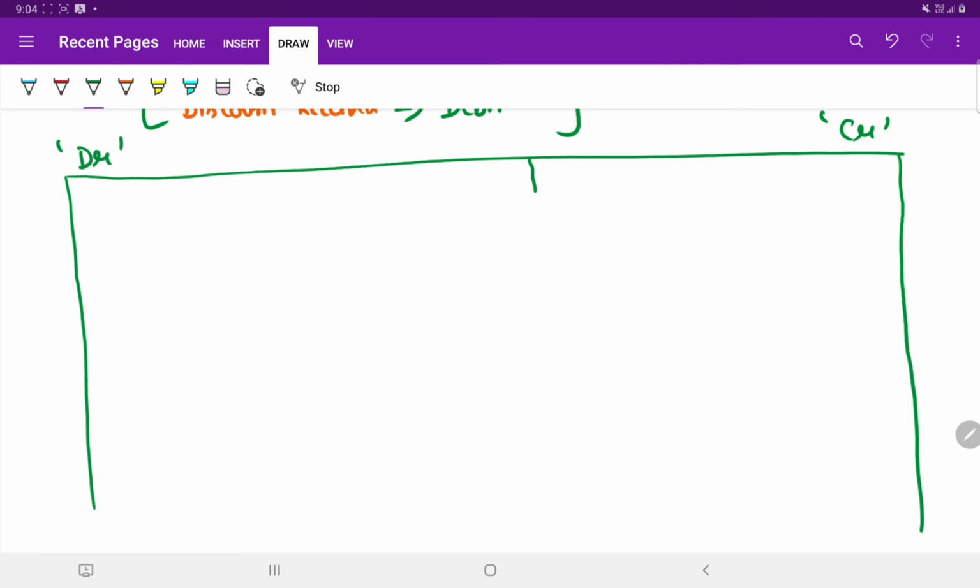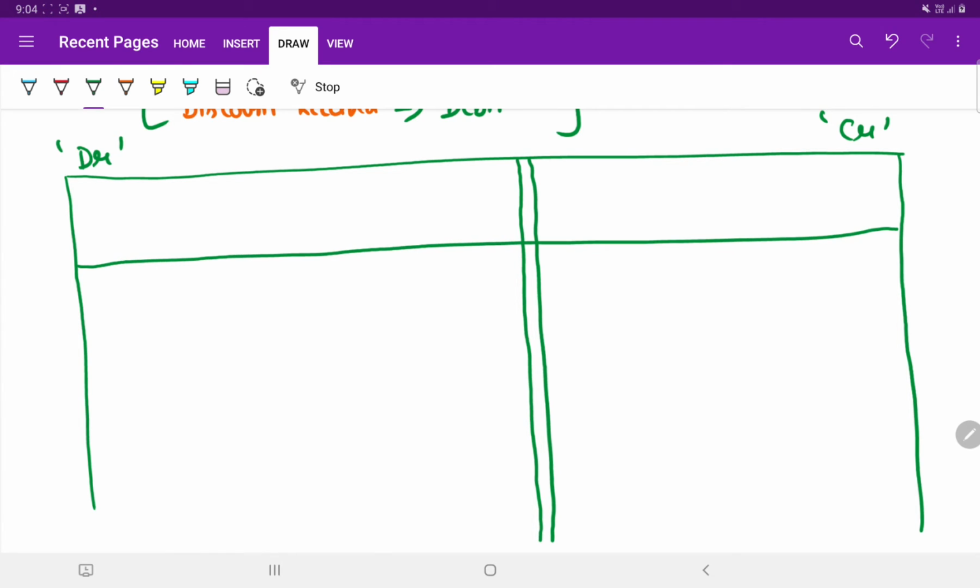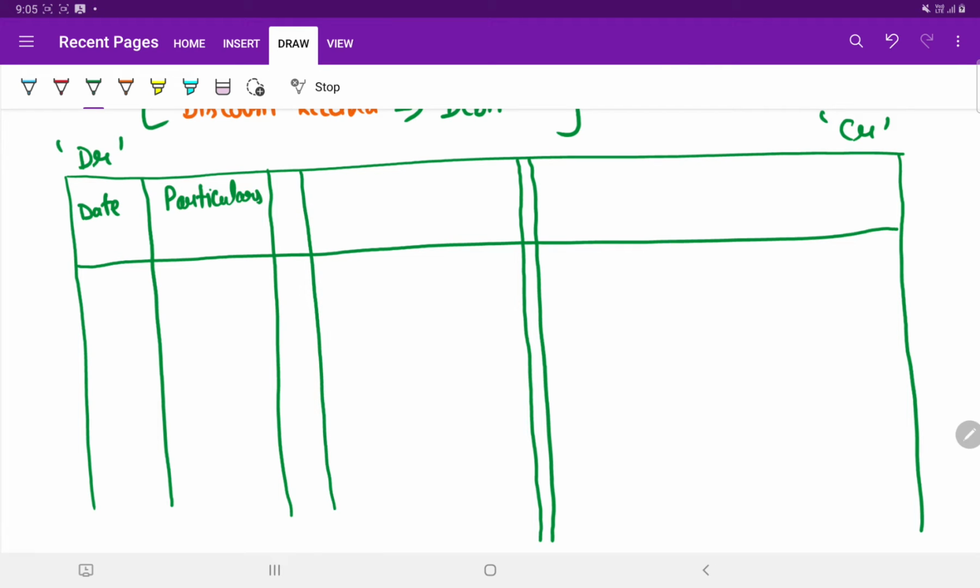So it will be divided with a central vertical line like this, and now the various columns to be entered on the debit side are date, then the particulars, then the ledger folio, LF, then the discount. Here is the entry of another nominal account known as discount, and then the cash entries. Now these are for the debit side, and similarly the columns will be for the credit side also: date,